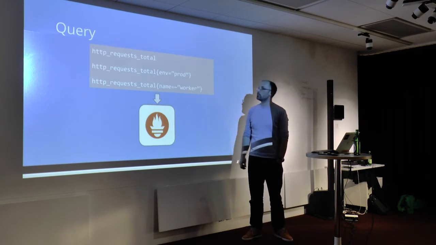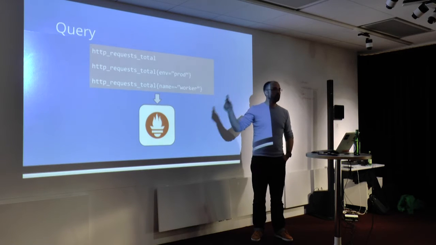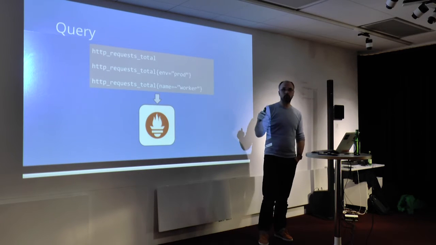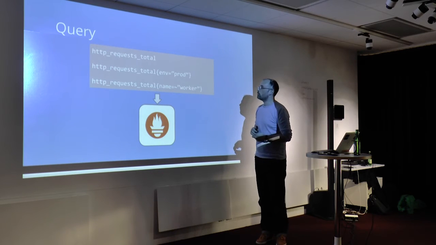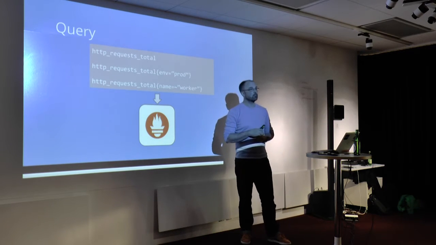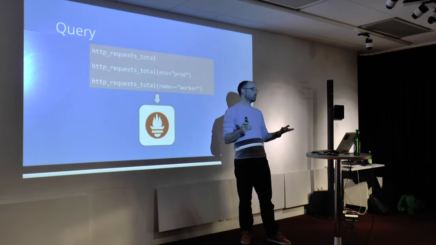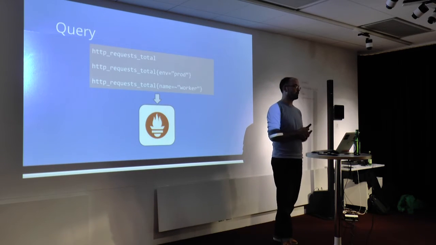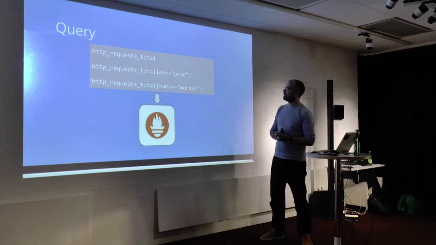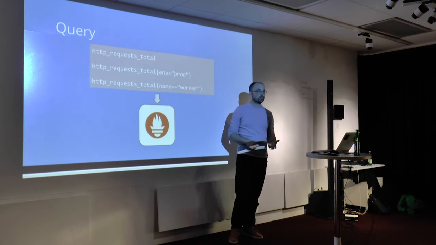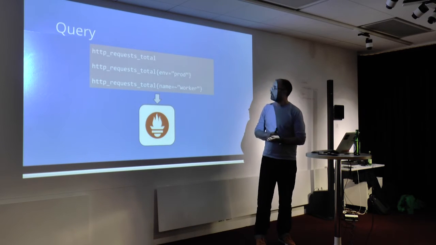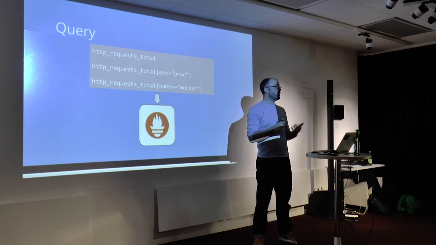It's called HTTP request total. And what you see here is we don't have any hierarchy as you may be used to from Influx or Graphite. What you do have is labels for different dimensions, as they are called in Prometheus. And you can see that in the curly braces here. Now we say you want to see the request total for the HTTP requests for the environment label that's